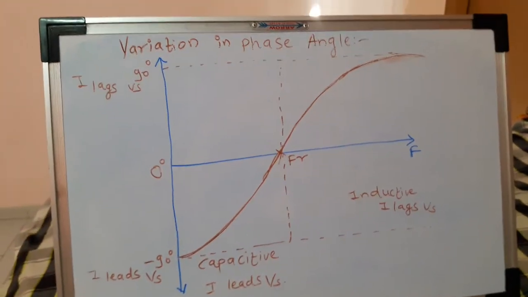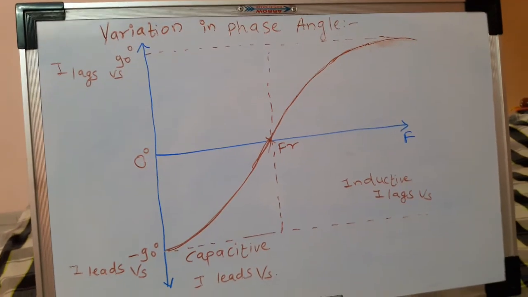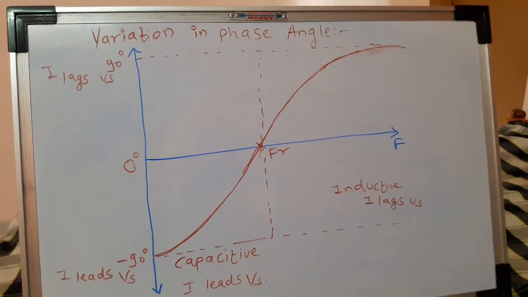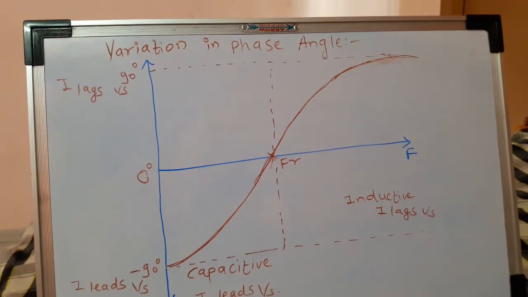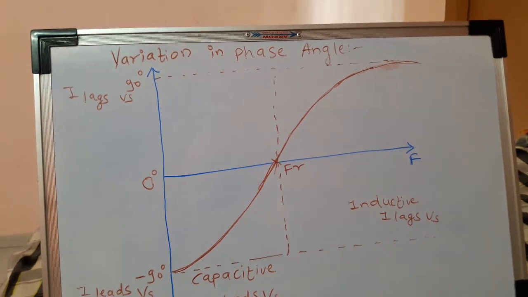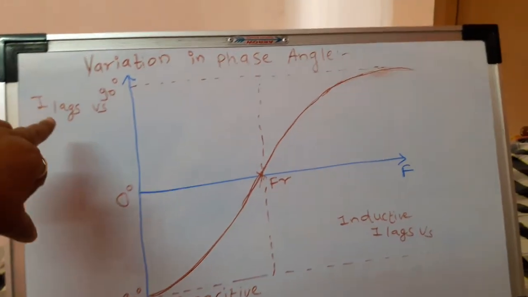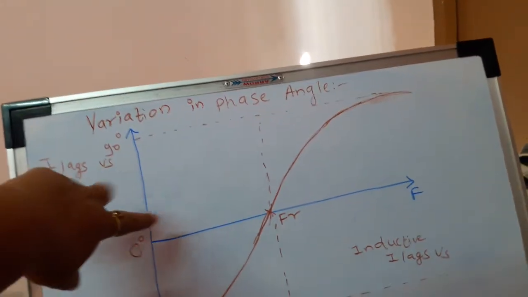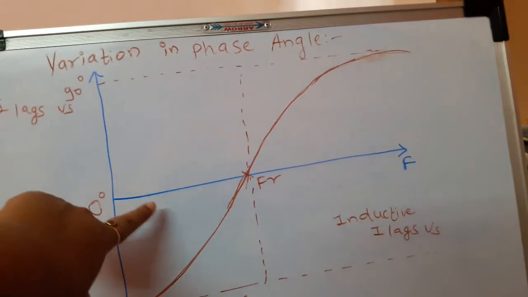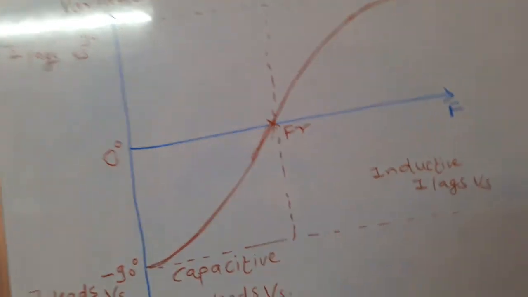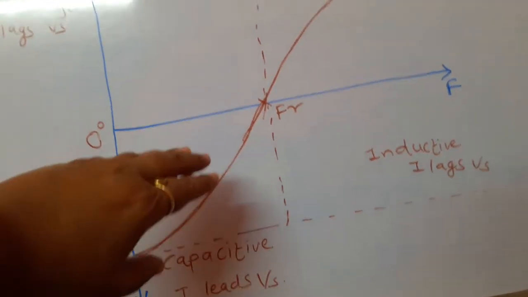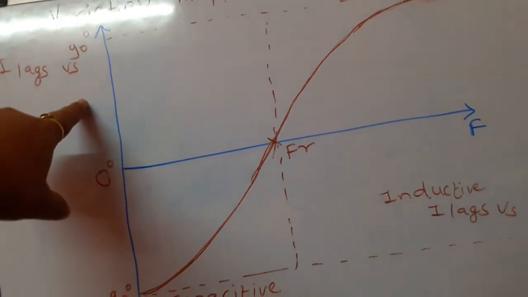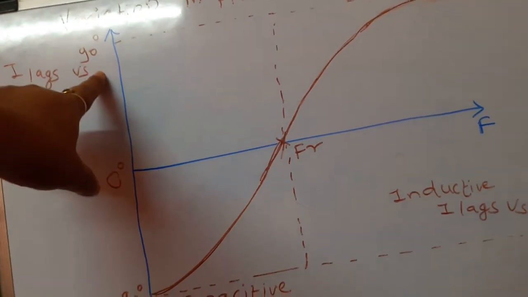For higher values of frequency, the circuit will be totally inductive, and because of the inductance, current will be lagging behind the supply voltage. So on the right hand side, current is lagging supply voltage, and this entire phase shift will be positive because of the inductor. So we will be in the upper area of this graph. When the circuit is capacitive, that is for lower values of frequency, we will be on the lower, negative side, and when the frequency is more, we will be on the upper side. The phase shift between voltage and current will be positive, between 0 and plus 90 degrees.